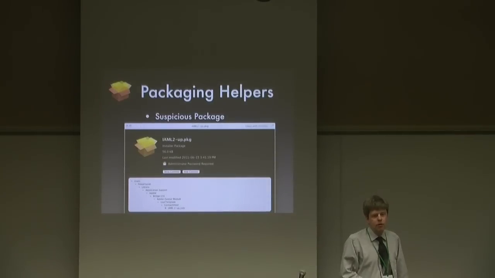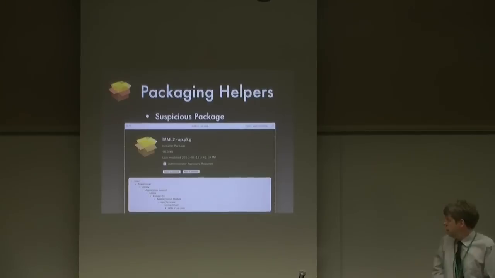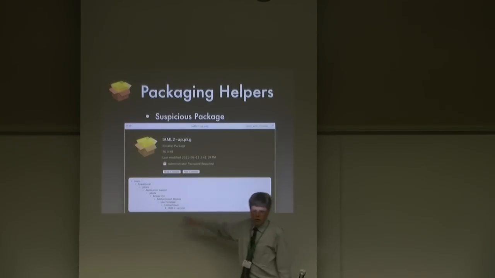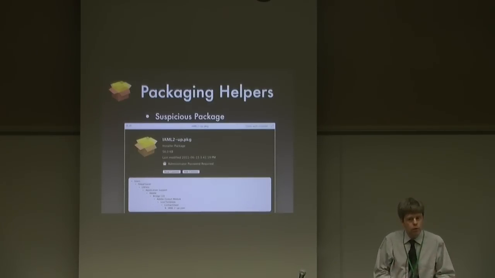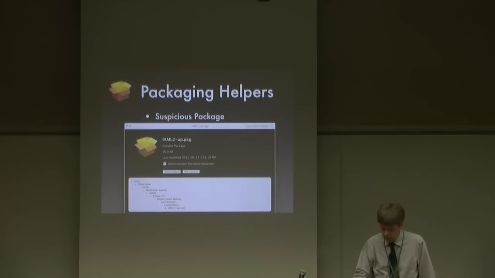Here are some things I like to have on the machine that I'm doing the packaging on, and on my machine as well. Suspicious Package. You can examine the contents of any package through a Quick Look plugin. You're familiar with Quick Look? Hit the space bar? Well, normally it'll just say, this is a package. You can actually look inside of it, and there's a button that says Show Contents. You can see all of it, right? So it's a good way, again, to ferret out on a commercial package what's going where, or even one that